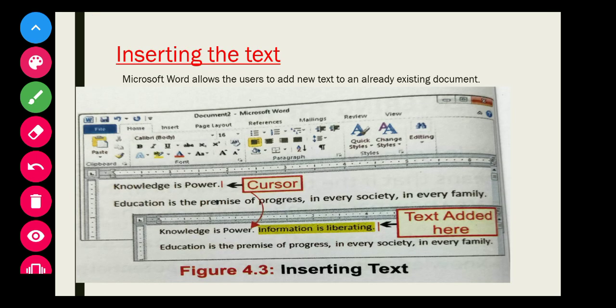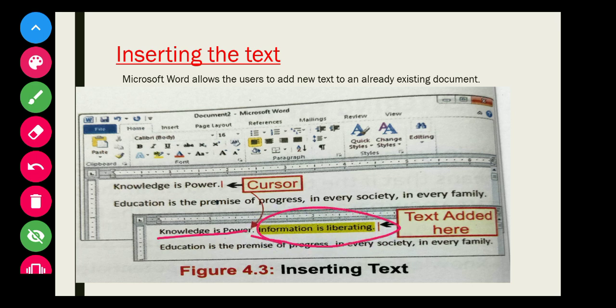Next we have to study inserting the text. Suppose you have written a paragraph and you want to insert other text in between that text. This you can also do. As you can see here, it is written, knowledge is power. Now suppose you want to add one line in between, information is liberating.